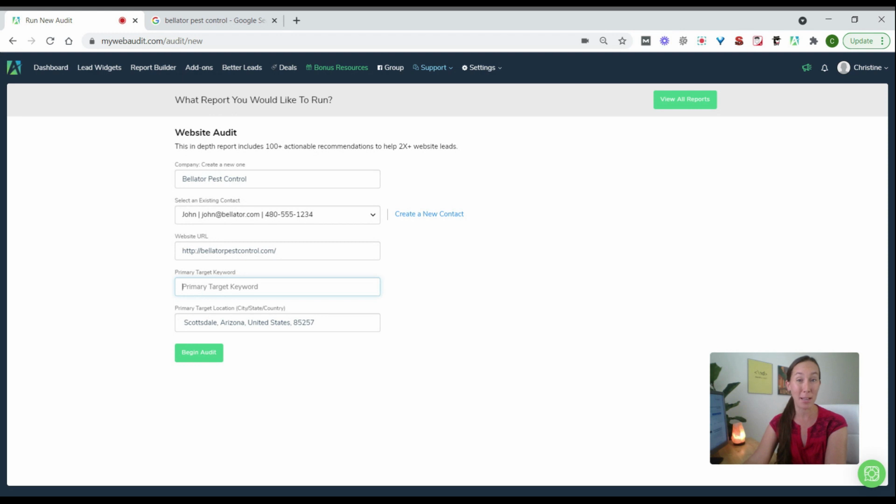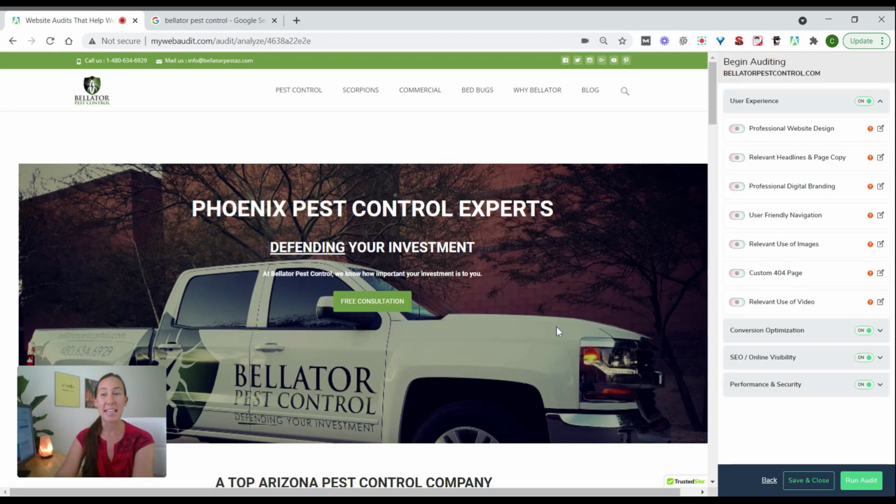What you want to do is select the best keyword that you think will make sense for the business. So since this is a pest control business, I'm going to put in pest control, and I'm going to put in the city that they are located in. And we are going to begin the audit. So as you can see now, MyWebAudit has pulled up the client's website here, so that way we can start